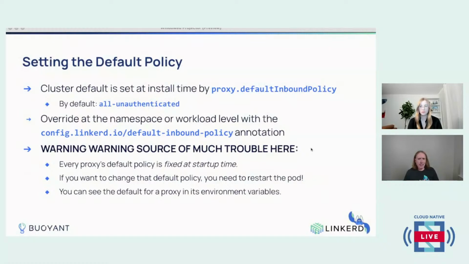A thing that gets a lot of people into trouble: the default policy for a given proxy, the chunk of Linkerd running next to a given workload, is fixed at the time the proxy starts. If you want to change the default, you need to restart the pod. We will see this in the demo later, but I am not going to lie, this has burned me personally more times than I can count while working through this demo.